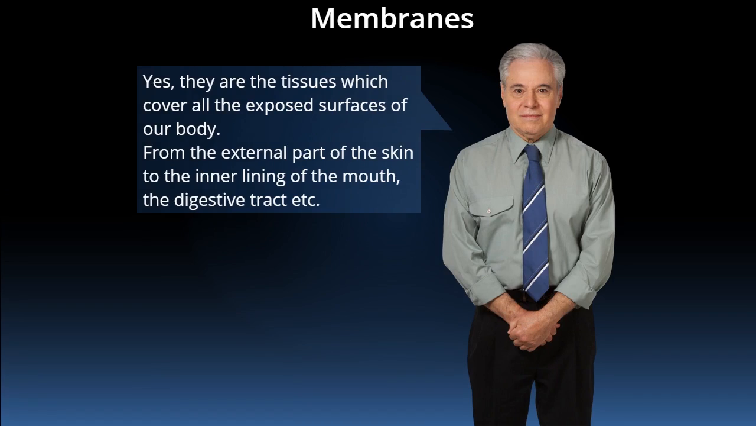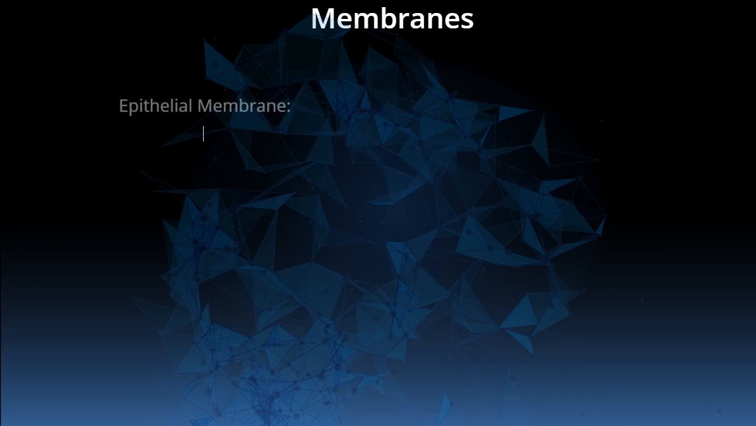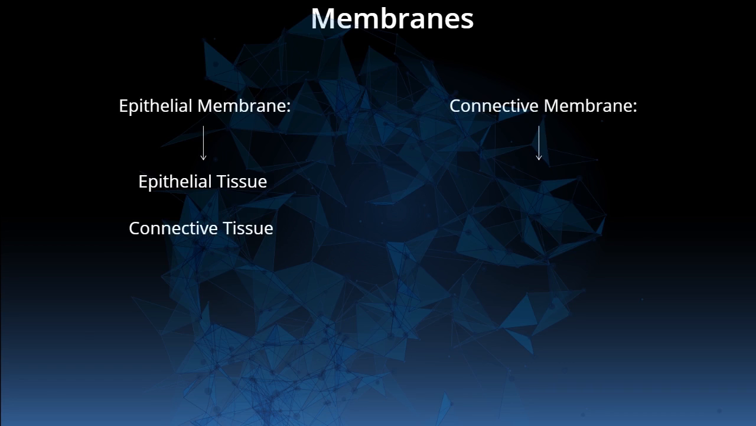Yes, they are the tissues which cover all the exposed surfaces of our body, from the external part of the skin to the inner lining of the mouth, the digestive tract, etc. The epithelial membrane consists of epithelial tissue and the connective tissue, while the connective tissue membrane solely consists of connective